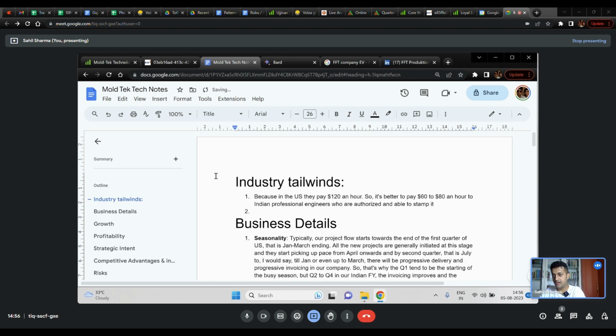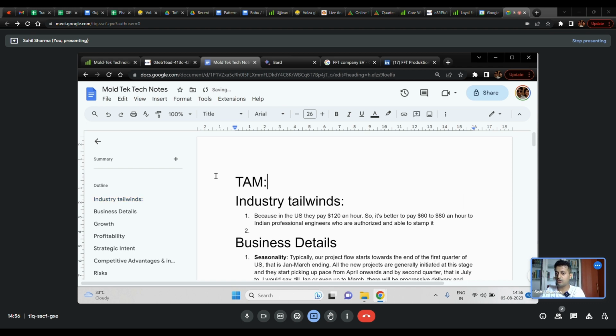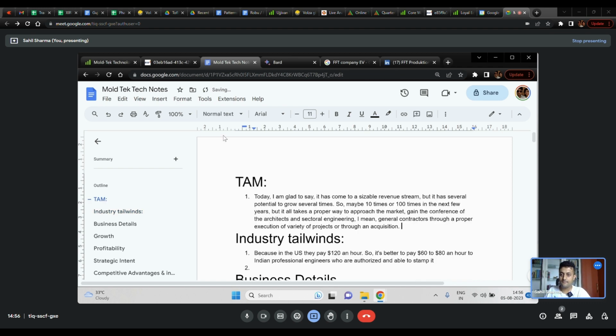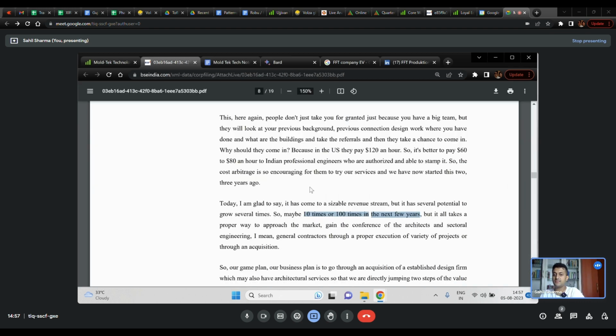Let's also create a section on TAM. 10 to 100 times. So this is clearly telling you that basically it's a very large total addressable market for them,